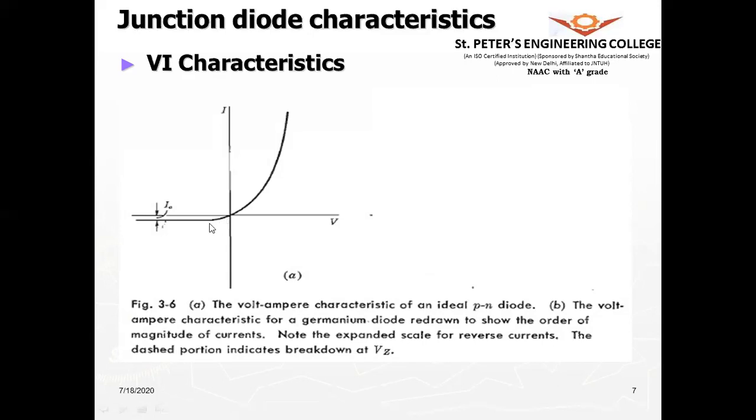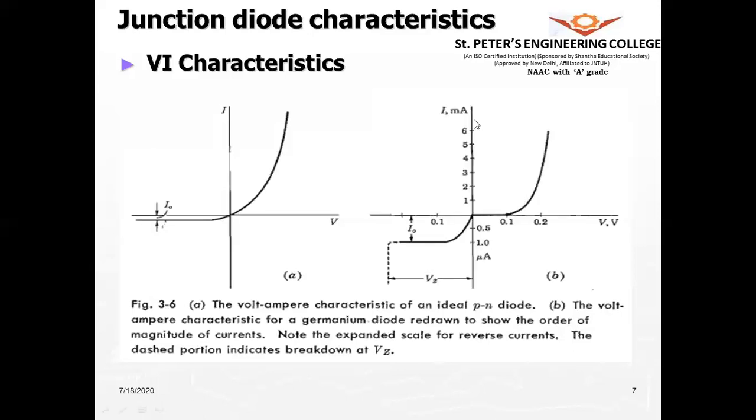When we apply the reverse bias, there is a very small amount of current. It is very negligible. Now what values will it be? Let us take an example of a germanium diode and understand that. Here the current is shown in milliamperes, and in the reverse bias region it is shown in microamperes. That means the forward current is 1,000 times more than the reverse current, the reverse saturation current.